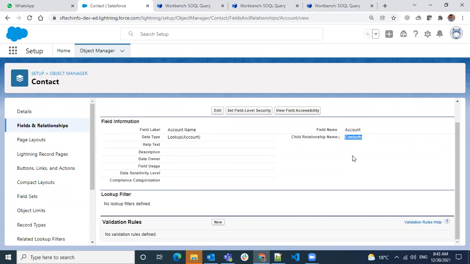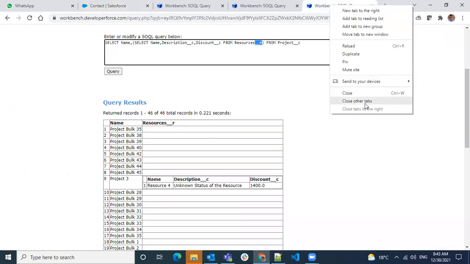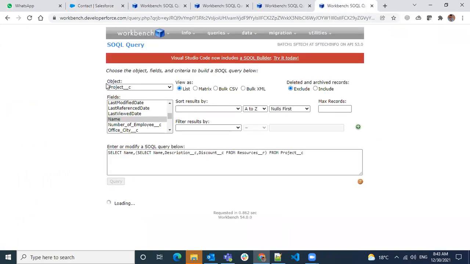Usually how it works is, whatever is there you can use exactly. It's a standard field, so you don't need to use underscore underscore r over here. You can use exactly the same relationship name.